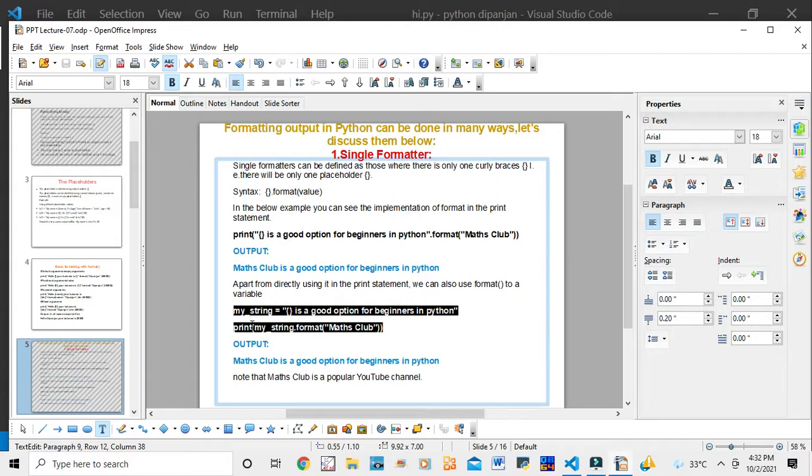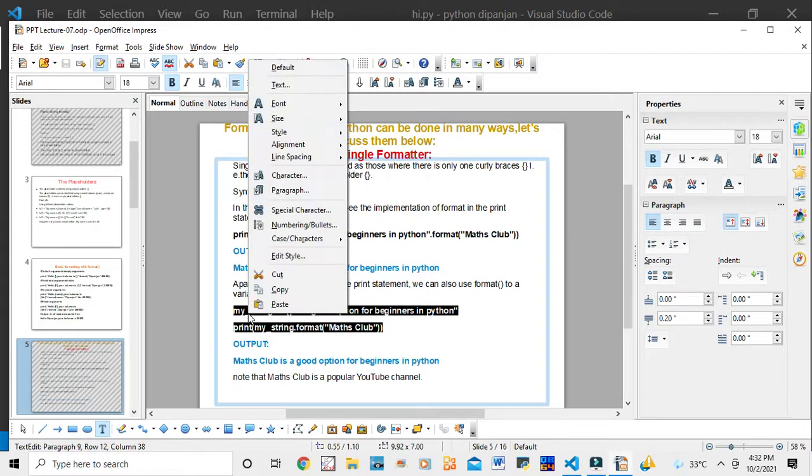Be careful here. Okay, if there are two variables, my and string, so in between them there must be a underscore. Okay, be careful for this. Okay, only string, that is no need to write underscore, because two variables are there. In between two variables there must be a underscore sign.